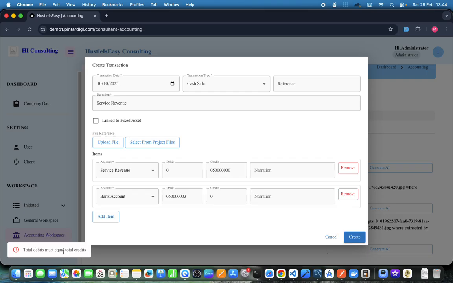Notice that if we input a credit amount that doesn't match the debit amount, the system will show an error message.